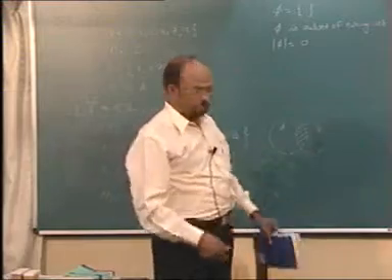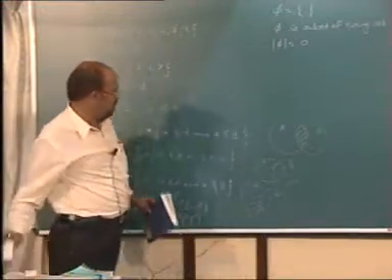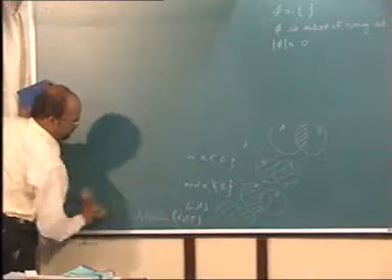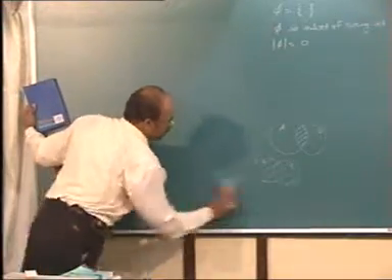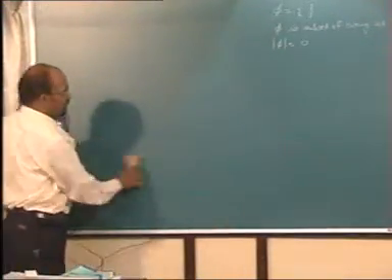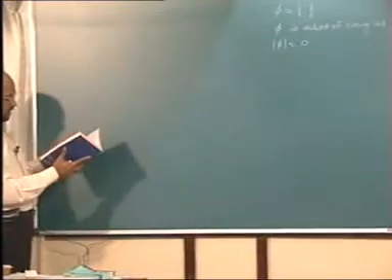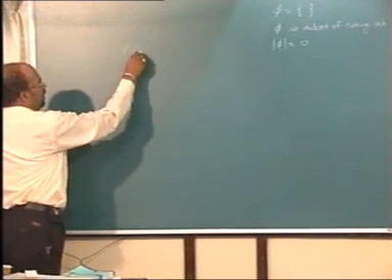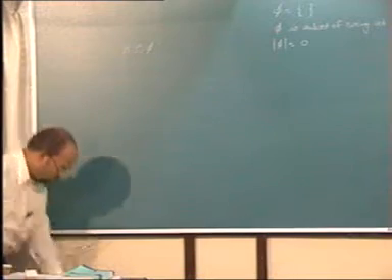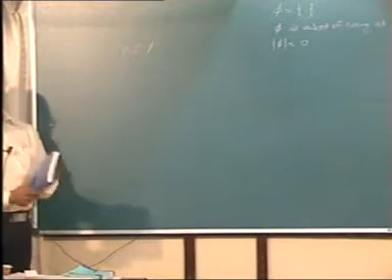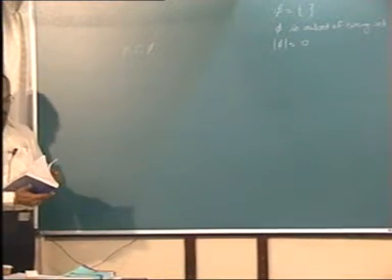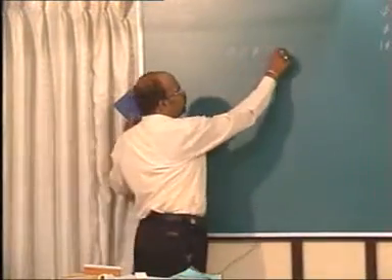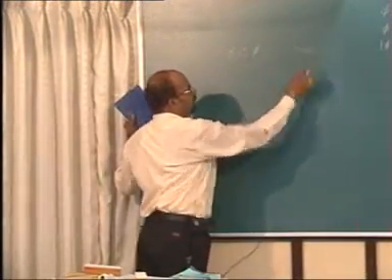First one, let us see whether you can answer it properly or not. So even if you don't have the book, you can always take it down. It is given that phi is subset of phi. True or false? True. Reason? Answer is true, because phi is subset of every set.